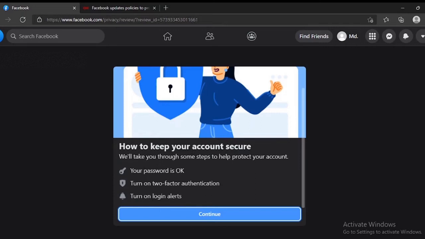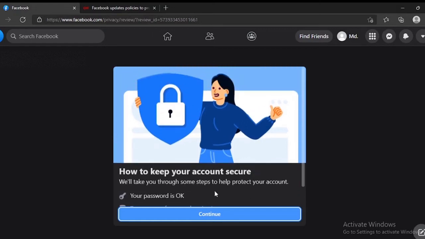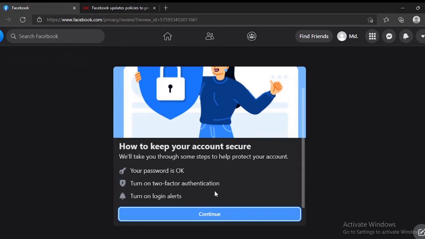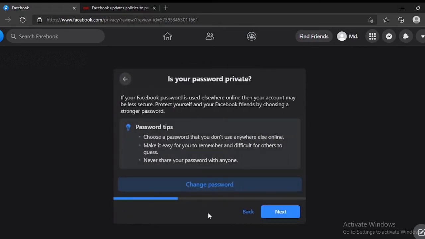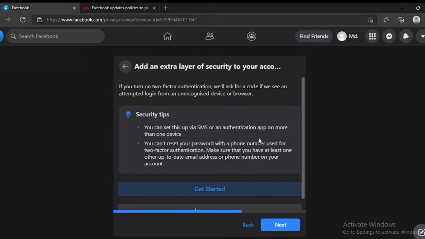your account secure. Is your Facebook password okay, turn on two-factor authentication, turn on login alerts. So they are actually going to alert you when someone else is going to log in from a place where you are not. Choose a password that you don't use anywhere else online. So you can change the password here as well, and if you don't want to, then click next, and after that